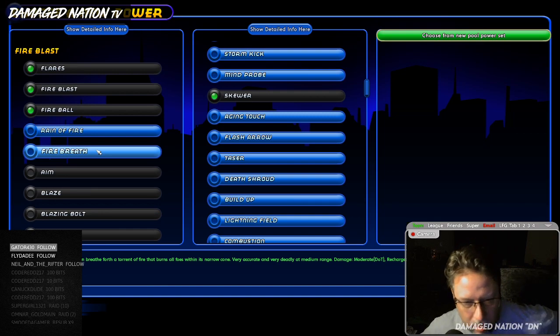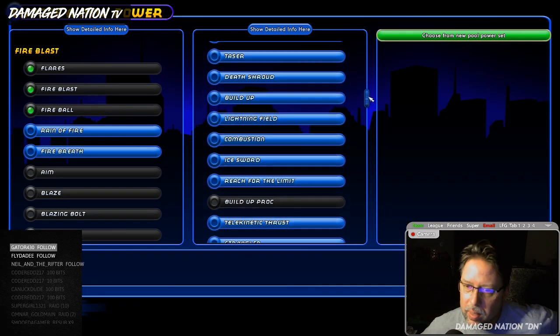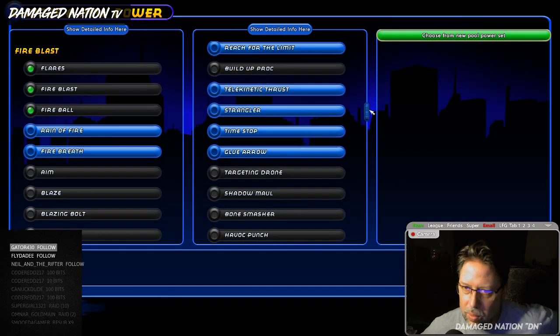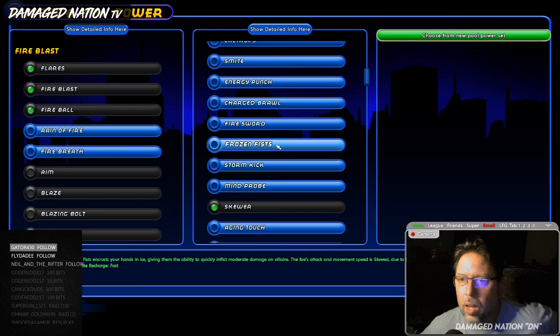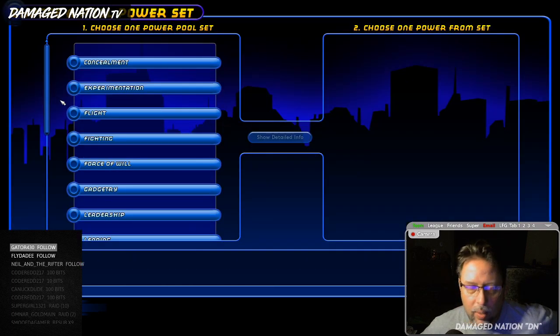Now it is a cone attack, so we will take it at some point. But initially here, let me see if there's anything else that looks good. All right, so we're still in that basically secondary tier under our secondary power. So I'm going to go ahead and go into